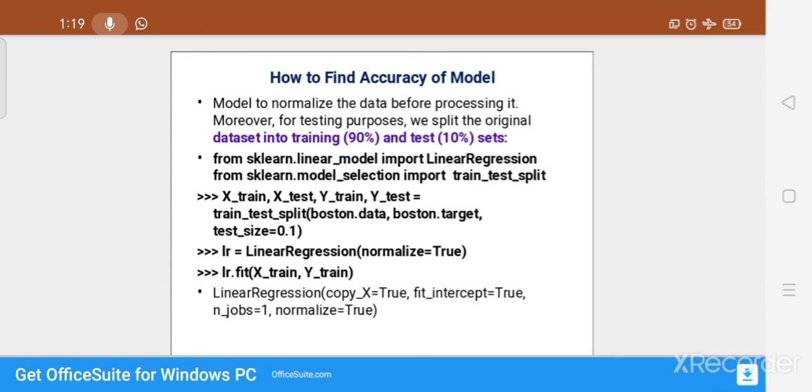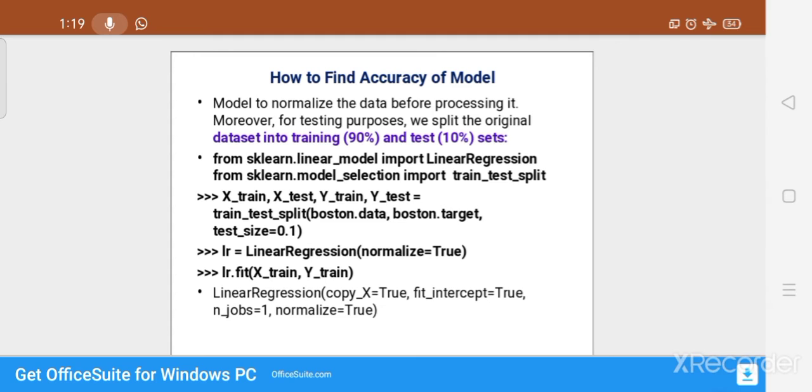As we know, sklearn is a Python library, and from that we are importing the linear regression model, and also importing train_test_split, which gives the parameters x_train, x_test, y_train, y_test for the splitting purpose.